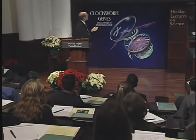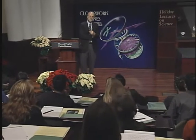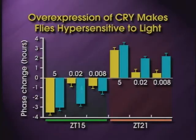And then someone in the lab had the bright idea, no pun intended, that maybe we should assay these flies at lower light intensities, because perhaps when one exposes the flies to an intense shock of light, the normal amount of cryptochrome was sufficient to gather all the light that was there, and having extra cryptochromes wouldn't make any difference. But if there was limiting light, so you just give low intensity illumination, then the normal flies would be limiting for the amount of light harvesting protein that they had,